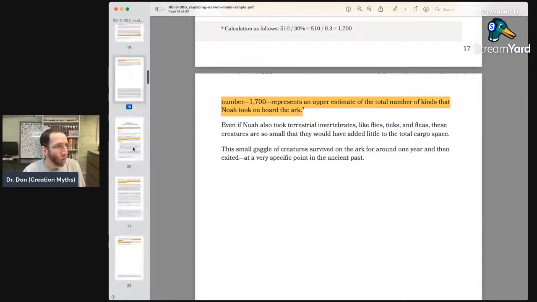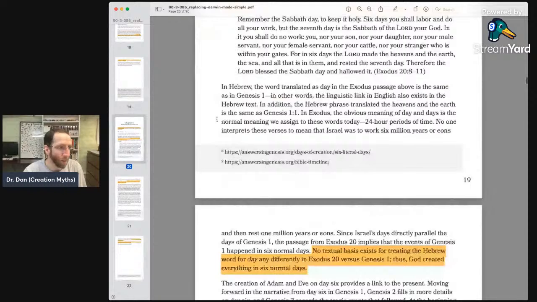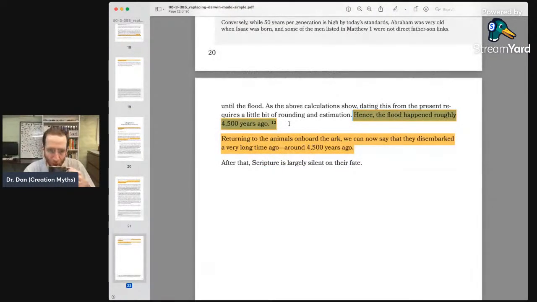Okay. So when did the animals exit the ark? This gets a little theological. So like, I'm not going to worry about it too much because I don't really care. But this is the important thing. About 4,500 years ago. Great. Now remember, that takes you to about 2,500 BCE. Middle Kingdom Egypt, we have just a few hundred years later from that, more recently, that is to say. So you don't have 4,500 years to do speciation. You've got like a few hundred. And also there's an ice age in there.